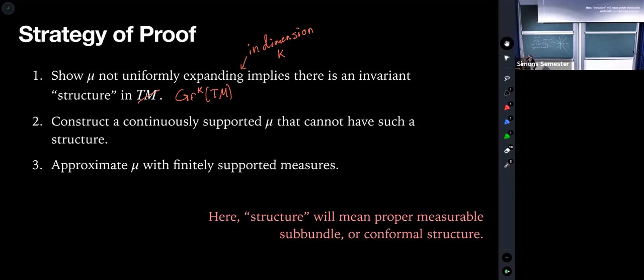So to briefly talk about step 1, it's the only one of these that actually uses volume preserving. It is the key thing for volume preserving. And in step 1, you use an invariance principle of Ledrappier that was expanded by Avila-Viana to the smooth setting. And you use a pretty straightforward Hopf argument. And obviously there are some more technical details, but that's the core of that. Step 2, we'll talk about in just a second. And step 3 is, again, pretty straightforward. You just construct measures that approximate your continuously supported measure. And because it's continuously supported, it's not too bad to do. So we're going to go into step 2.